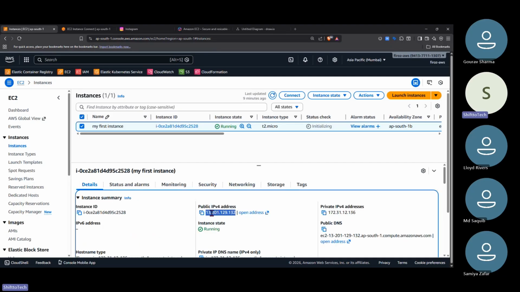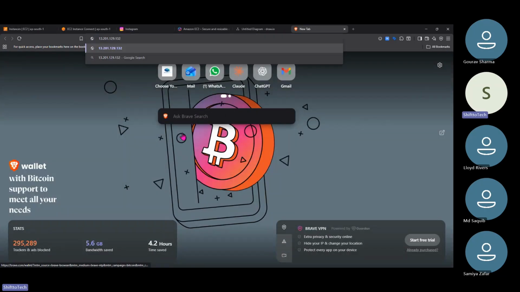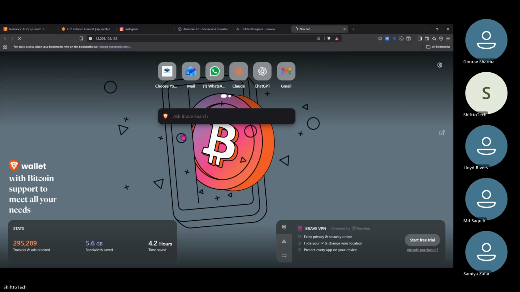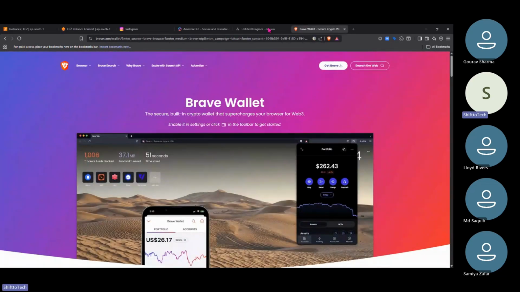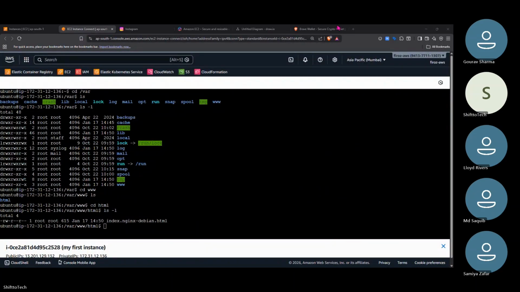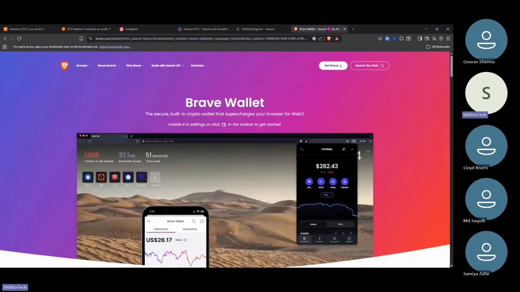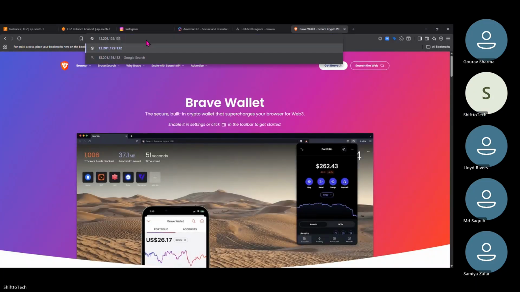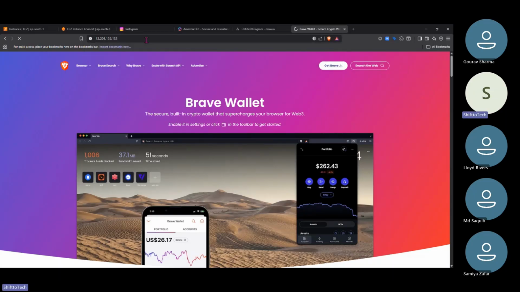Now let's see whether this application is opening or not, right? Let's see. See, it is not opening. Why? In the last class also, I told this, why it is not opening. What happened? This one. Oh, just one second, sorry. This is the IP address, HTTP. I'm trying my best to open it. Why is it not opening?